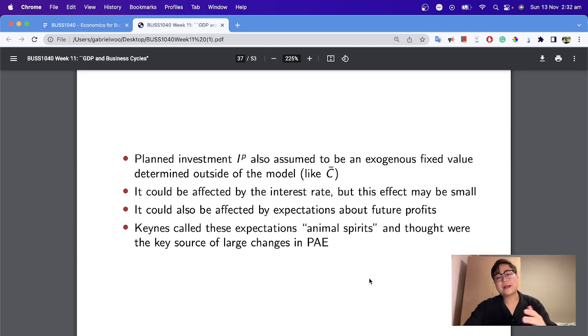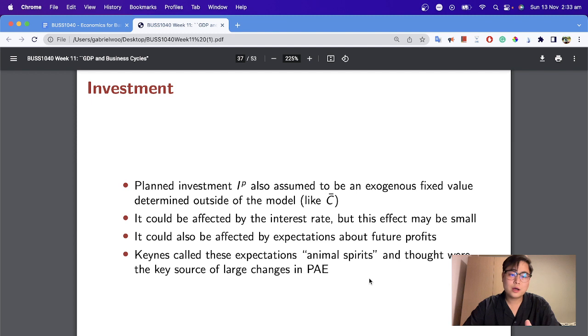Once again, under plan aggregate expenditure, there's also what we call investment. So here we see plan investment, or IP, is assumed to be an exogenous fixed value determined outside the model. So we don't know what influences businesses' decision to increase or decrease investment. It's outside of our model's control. It could be affected by interest rates. It could be affected by CFO, CEO, COO perception of future years' business outlook and whatnot. And this is what Keynes